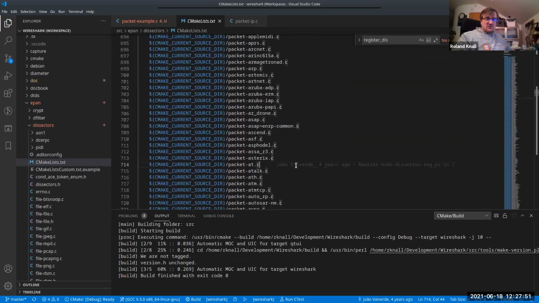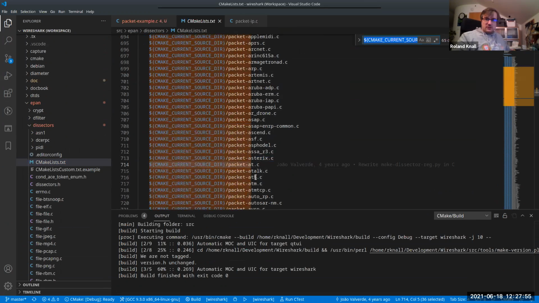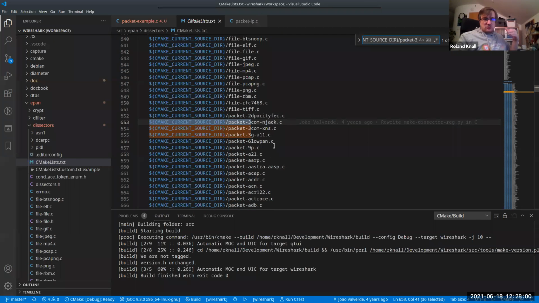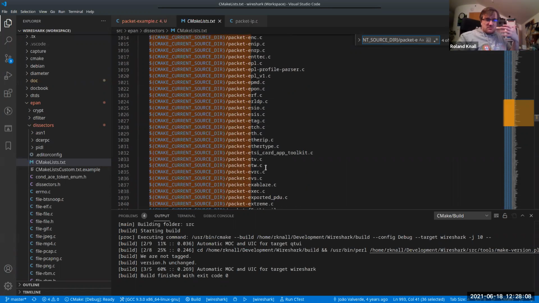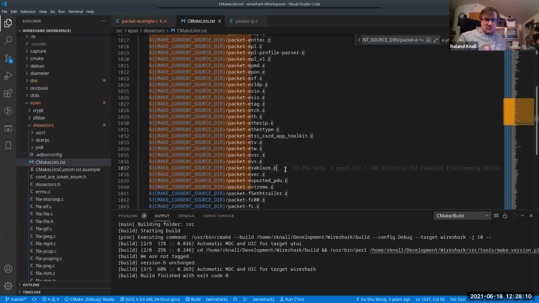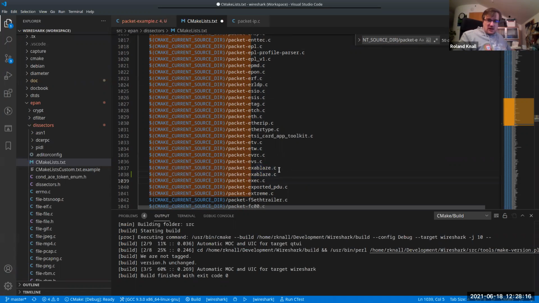And the simplest thing here would be to search for the first packet that starts with E, because you should always order it alphabetically. It just makes it easier to find. So we're going to put it in here after the one called Exa place, and we put in here our packet X, save,